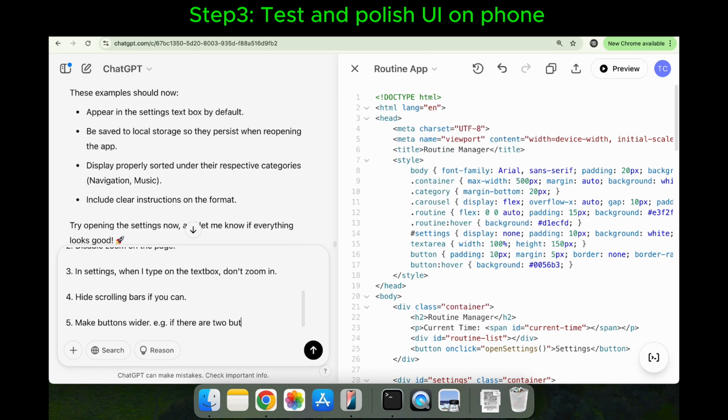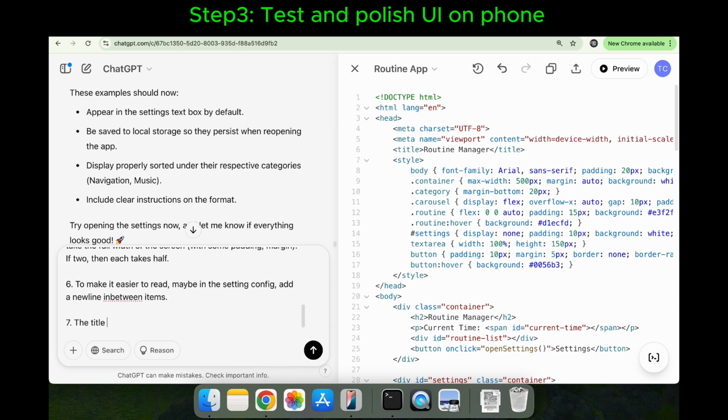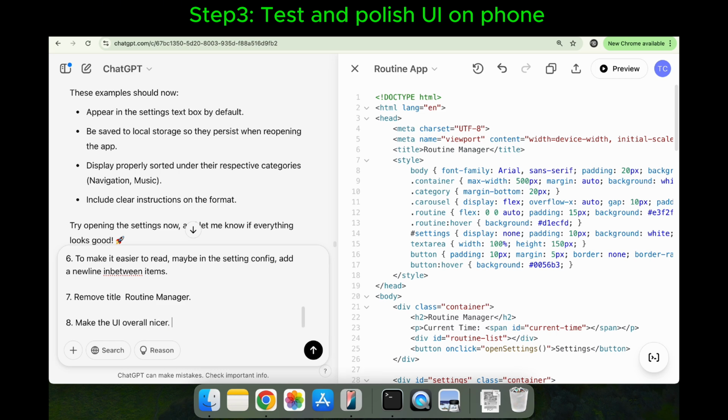Make the buttons wider to take the full width of the screen. Remove the routine manager app title to save some space. Make the UI overall nicer, like